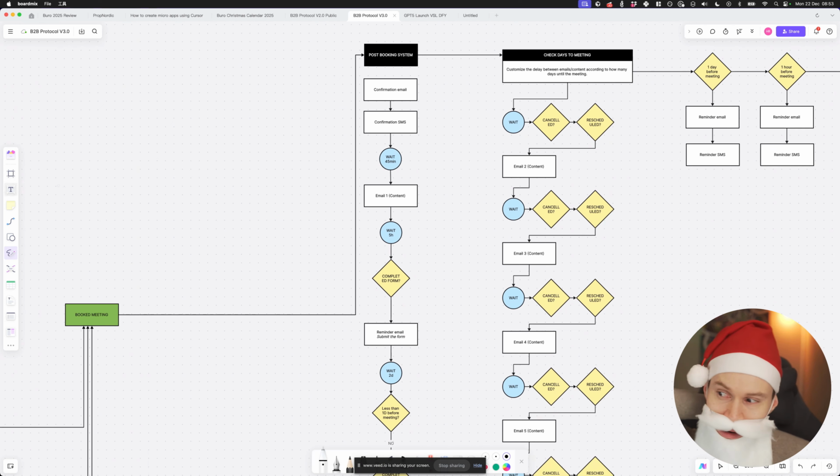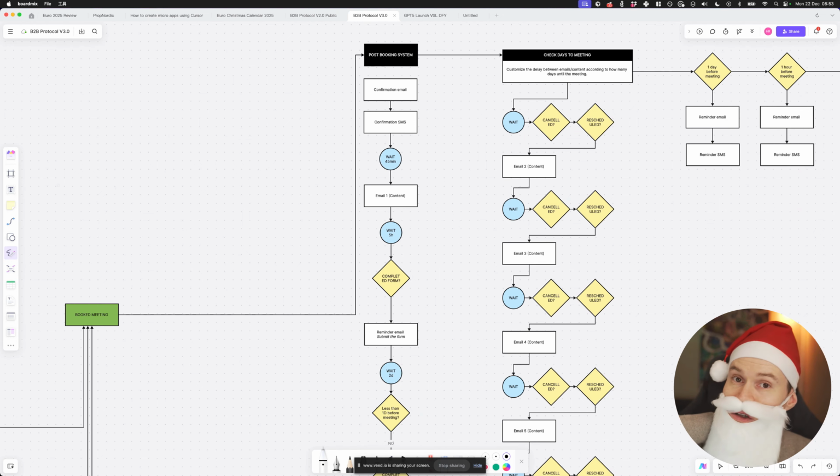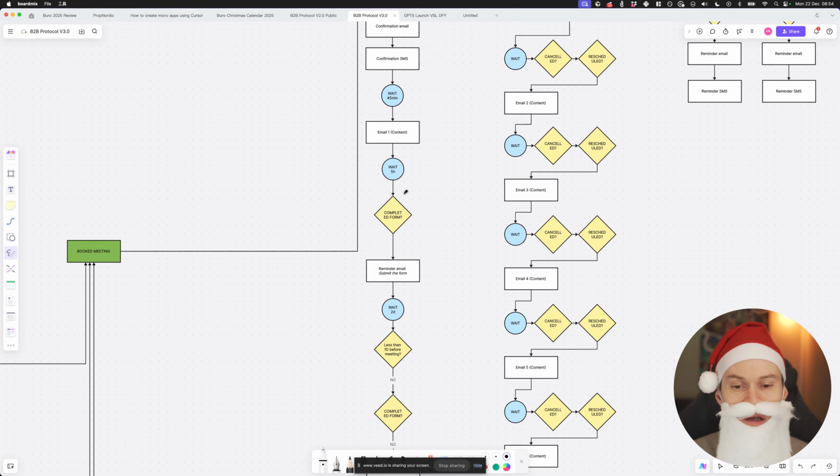This corresponds to what we talked about in day 12 of the Christmas calendar, which was the pre-meeting framing. So what can we send to our audience that helps them get into the belief that we want them to have, or have the same belief as us, so they have the same type of conviction about the solution offer that we have. So we send that, we wait 5 hours,